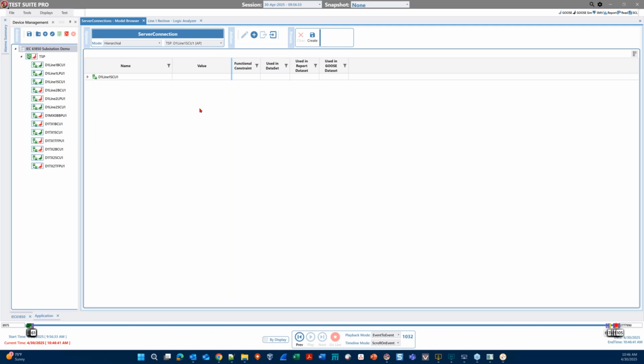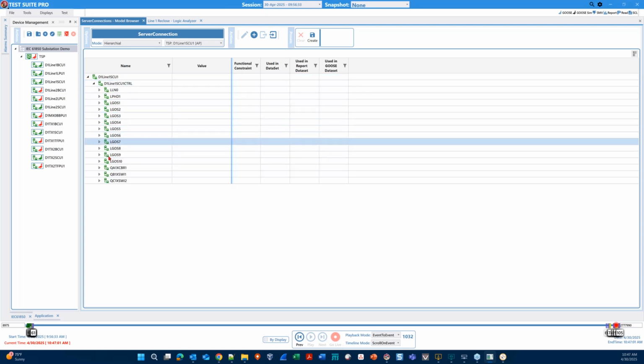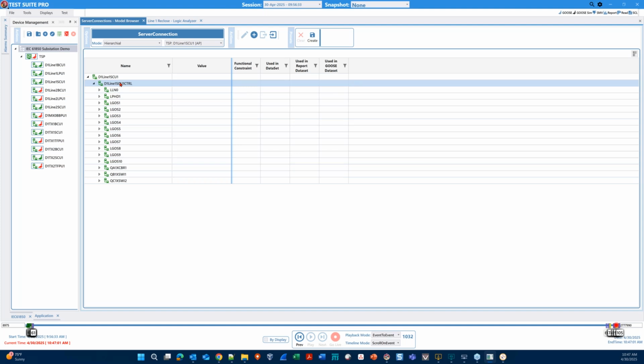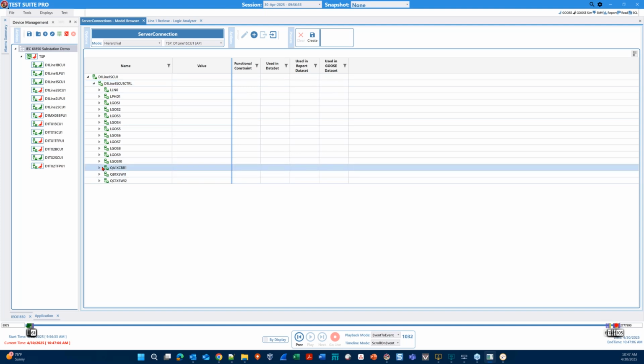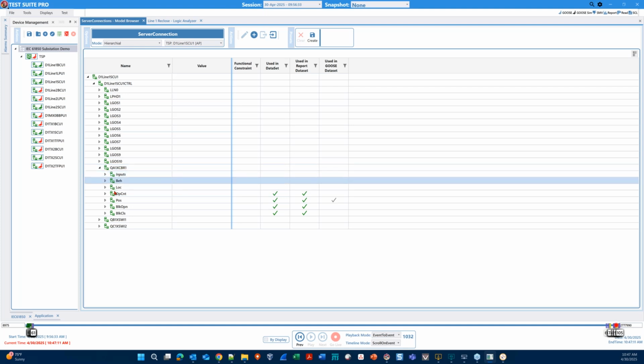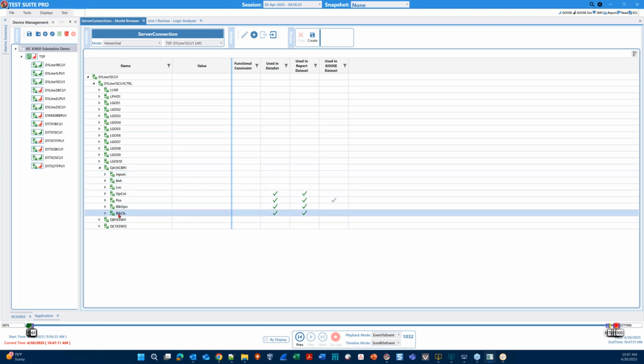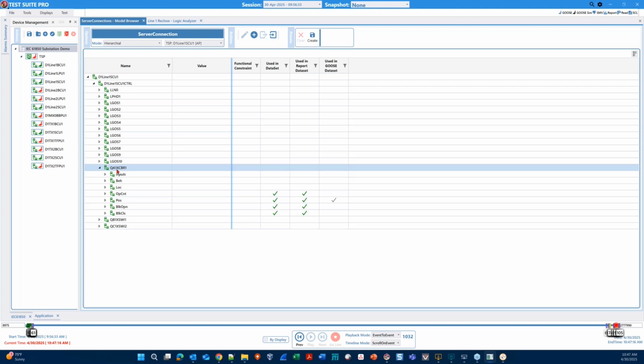All right, so where we left off here in Test Suite Pro, just a couple moments ago, we were looking at the data models for these different devices. So let's start here again with the SCU, or switchgear control unit. As Christoph told us, these different logical nodes contained within this logical device are going to have standardized elements. There are mandatory and optional elements, but there will be some combination of those, obviously all mandatory and some collection of the optional. So if we focus again on our XCBR, this is an interface to a circuit breaker named QA1,